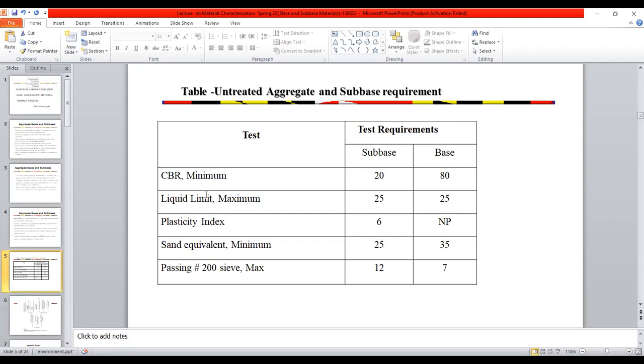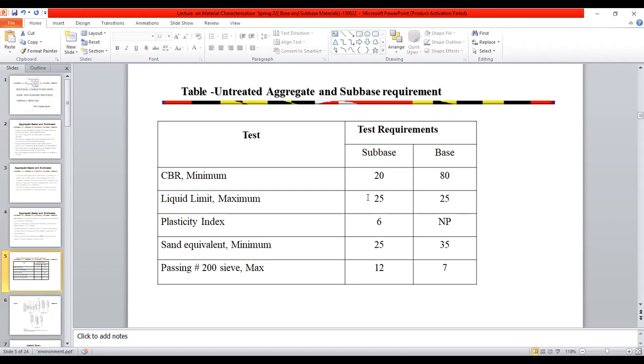The liquid limit, though we do not specify, but normally if you recommend it is 80 base or 75 base, that's a very good material. The liquid limit is also important and it is limited to a maximum of 25 for both of them. We do require non-plastic base, though for subbase 6 is the limit.